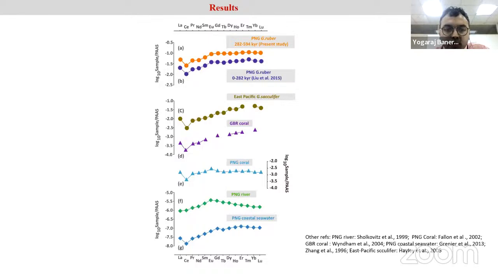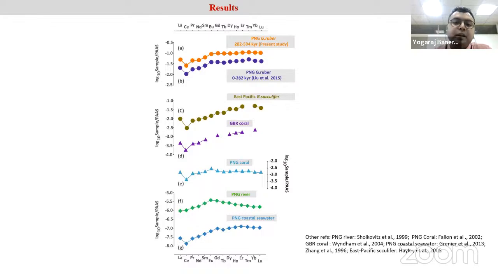So I will go from the bottom towards the top. At the bottommost panel, you can see the rare earth element pattern for the Papua New Guinea coastal seawater, that is in panel G. In panel F, the green color points are representing the rare earth element pattern for the Papua New Guinea river, and then it is followed by panel E, which shows the rare earth element pattern for the Papua New Guinea corals, and then it is followed by the coral of Great Barrier Reef and the East Pacific Sacculifer in panel